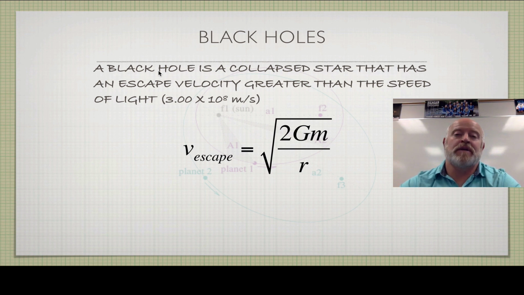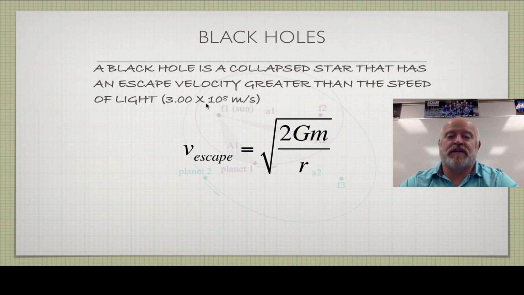Now remember, you might think, well, wait a minute, light's not made of matter. Light doesn't have any mass to it. How can gravity affect it? We never said that gravity can't affect things that don't have matter in them. In fact, if we go back to our equation, to find out the escape velocity of anything is the square root of 2 times big G times the mass of the object that is being orbited around. The mass of the actual satellite does not matter here. So light having no mass doesn't have bearing on this. So we can still use it to calculate this.